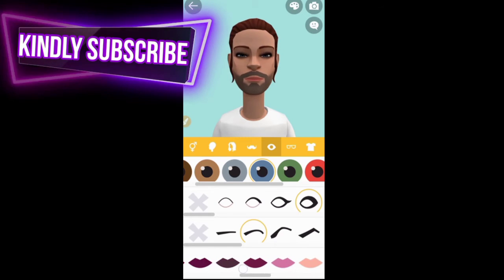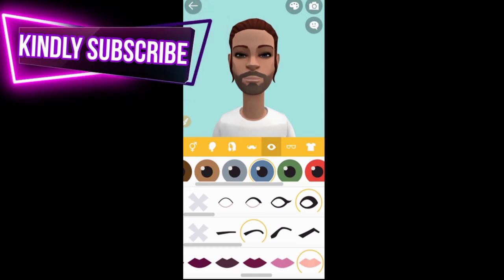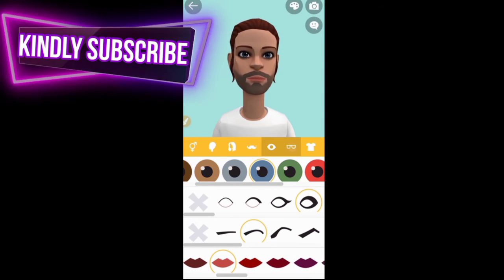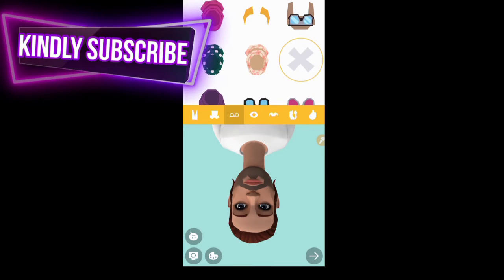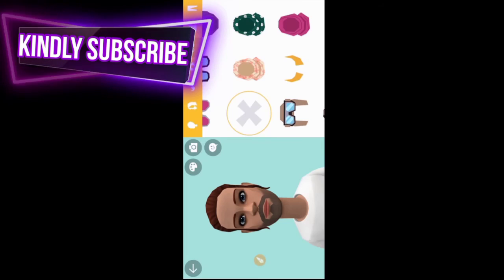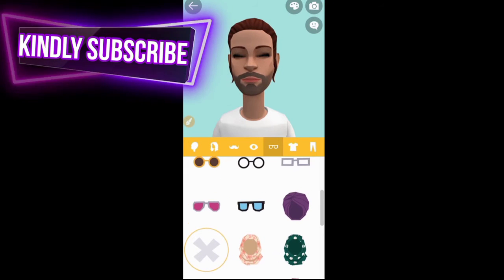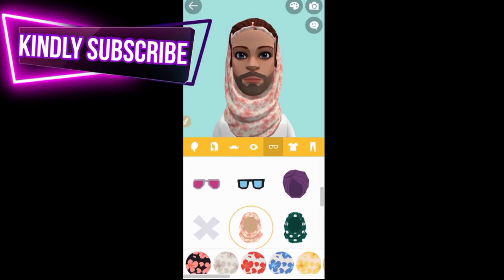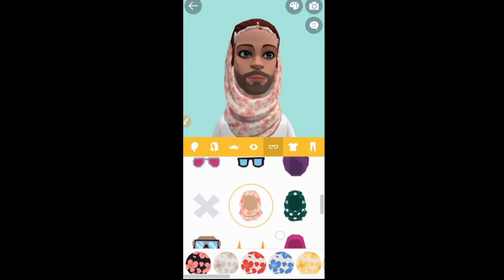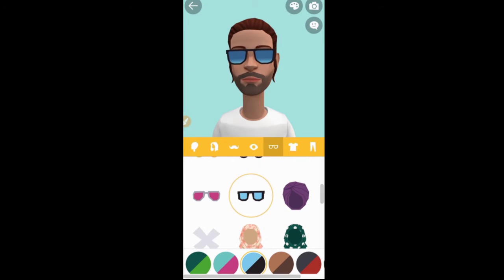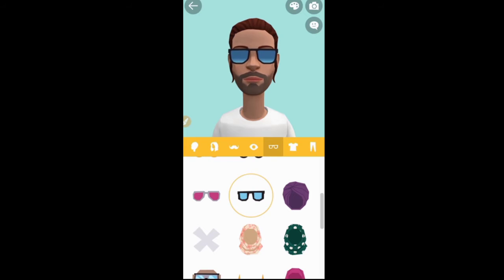So if you're done with that and it's fine with you, then click on the next tab right here, where you get to choose the glasses you want your character to have. If it's a lady, you can choose hijab if she's a Muslim, but as a guy, you can just choose a sunshade. But I don't want the sunshade. I want something like